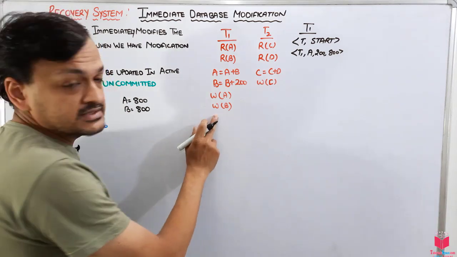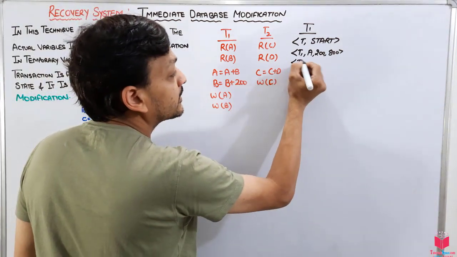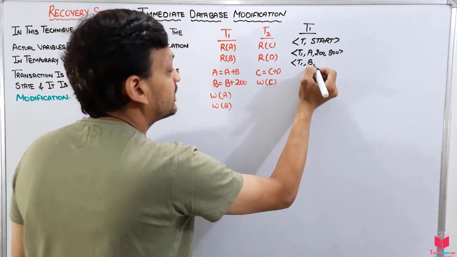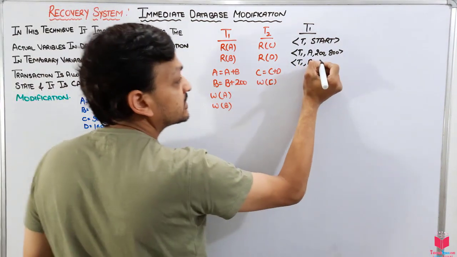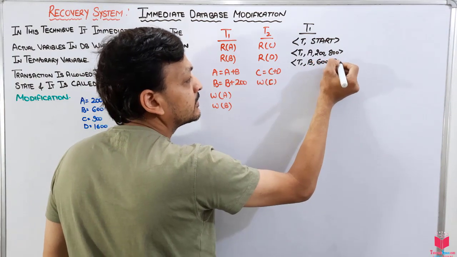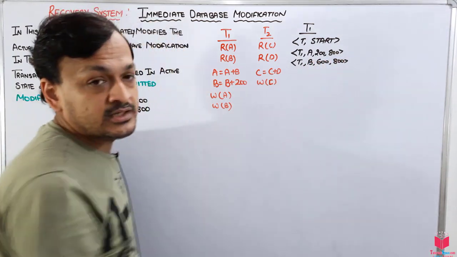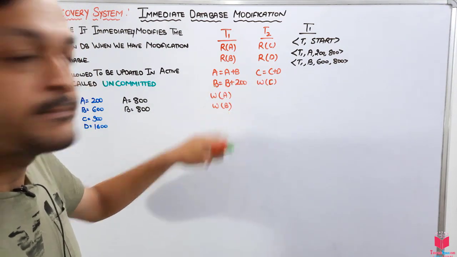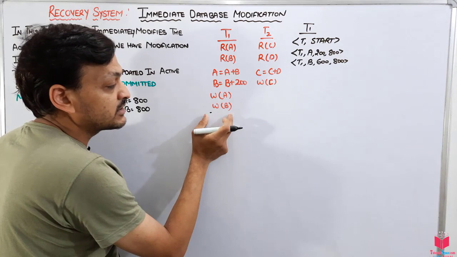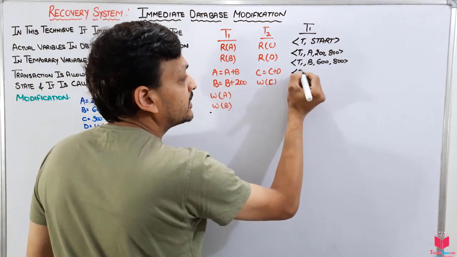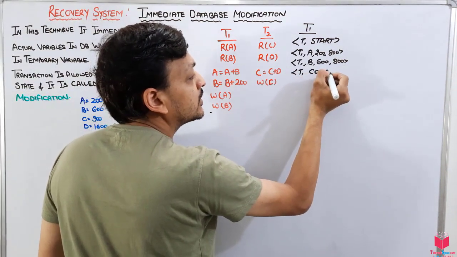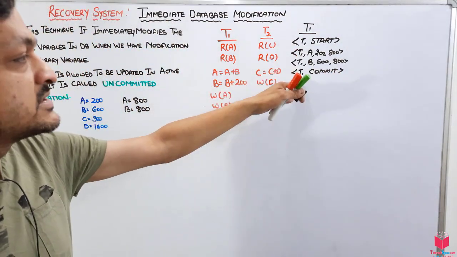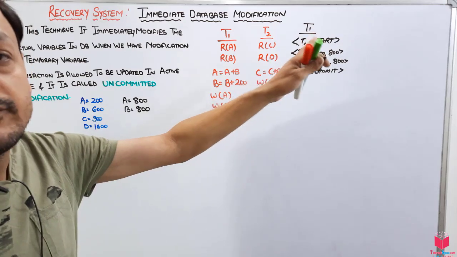Now after this, there is a write operation on B, so we have an entry for the variable B. T1 is accessing variable B, its initial value was 600, now the updated value is 800. As soon as it gets the write operation, it goes to the database and updates the value of B. Then after that, this is the end, that is the partial committed state. Then we will enter T1 commit here. That means all the changes done by this transaction on the variables will be saved to the database.